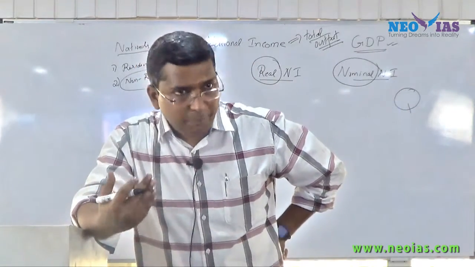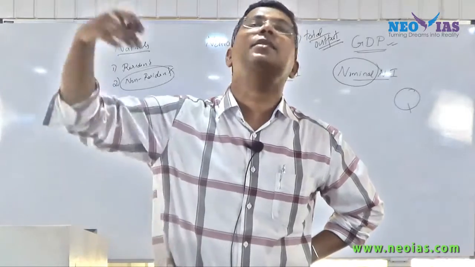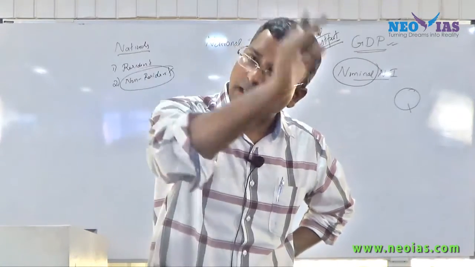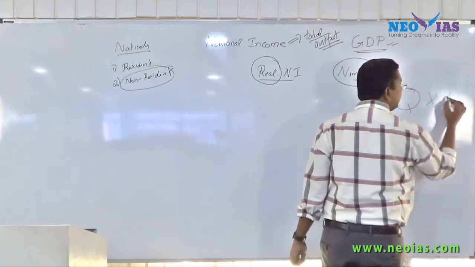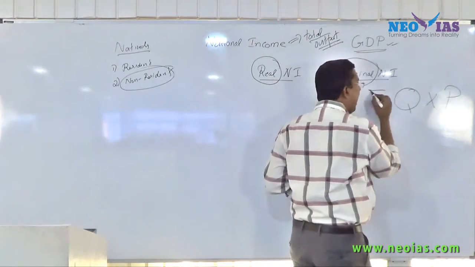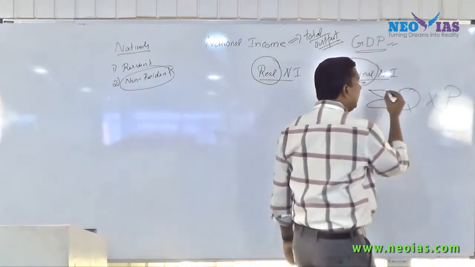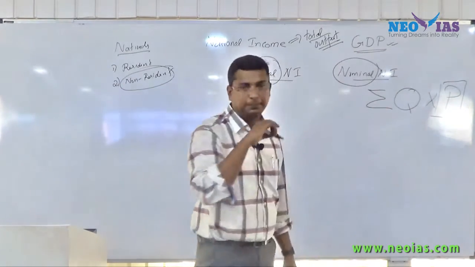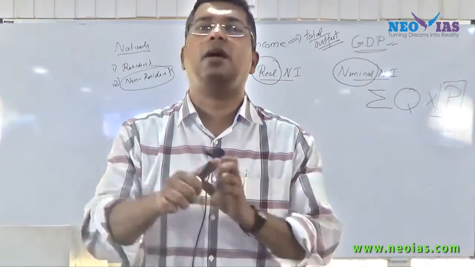You need to know in a particular year the total quantity of all the final goods and the services. Then we need to know the prices of all the final goods and the services. We need to know the prices, and we need to know the quantity of final goods and services produced. Then you will get the national income. Now in nominal and real income, the quantity produced will be the same, but while calculating real national income and nominal national income, what is the difference?